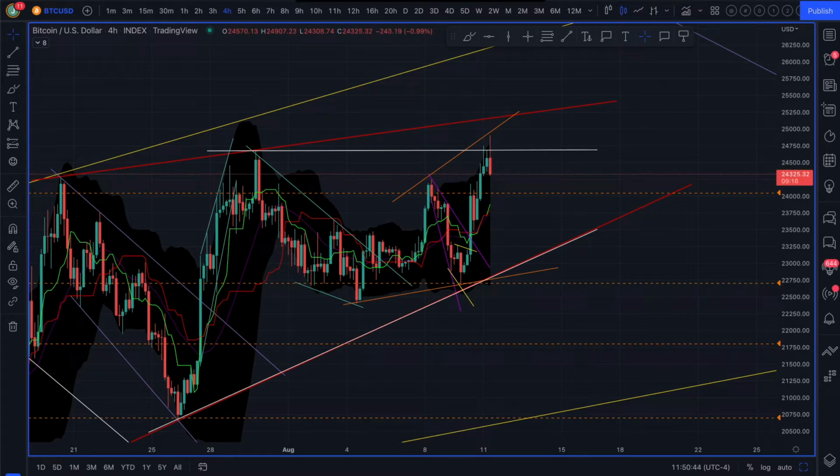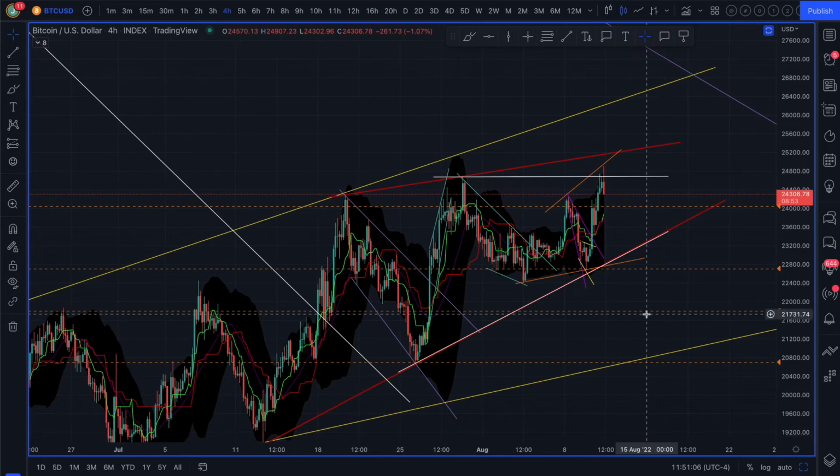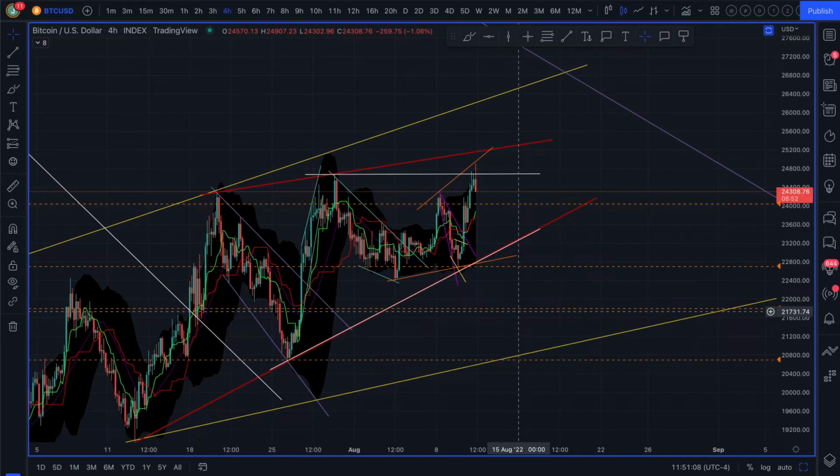But then when it broke back up, now we've got these 2 points as the hits and these 2 points as the other side. So we went from here to there to here to there, and now we've got to come back down. This will give us the breakout of the red, and then we're going to break out of this orange. And then we also have this other white sideways symmetrical wedge that's forming.